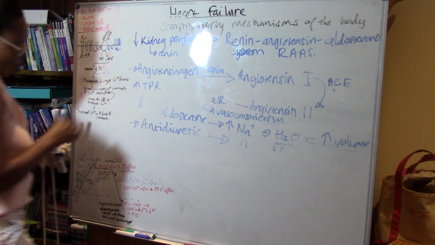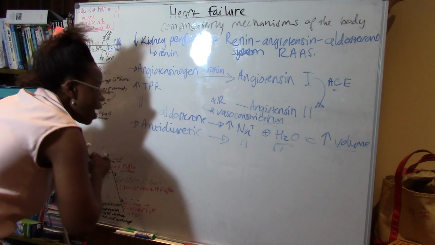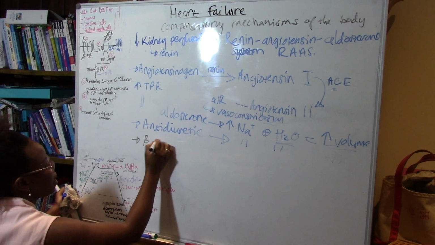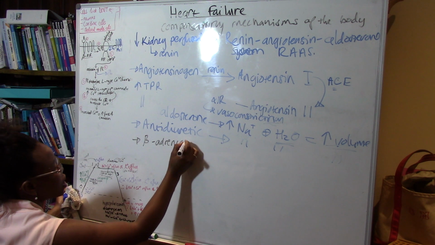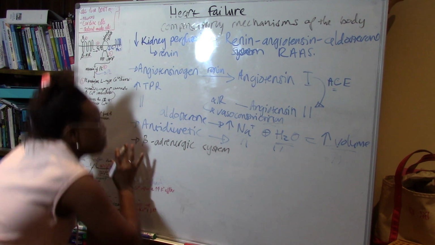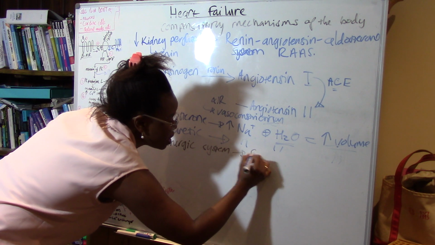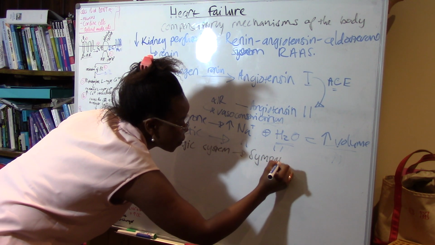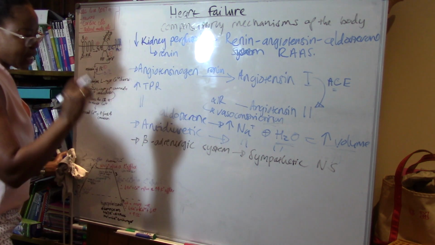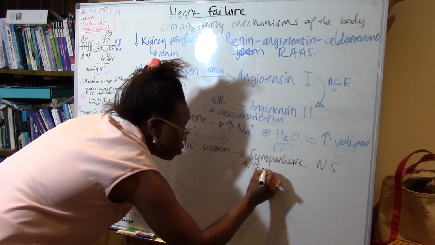The body will also activate the beta adrenergic system, and the beta adrenergic system is part of the sympathetic nervous system, and all it does is it increases the inotropic